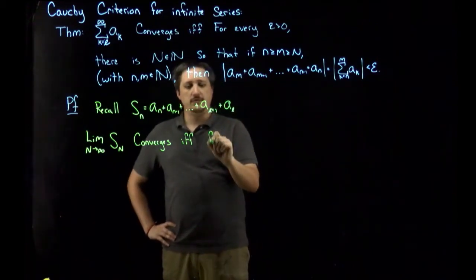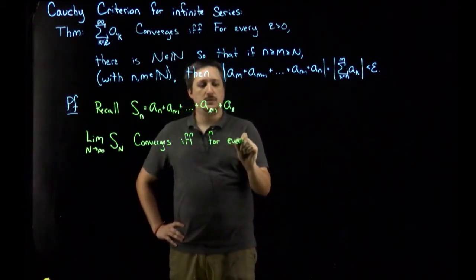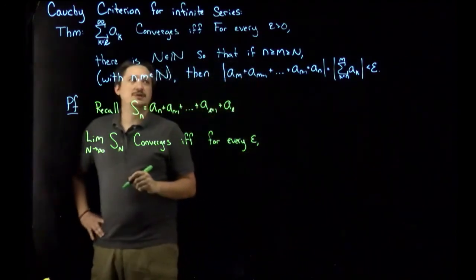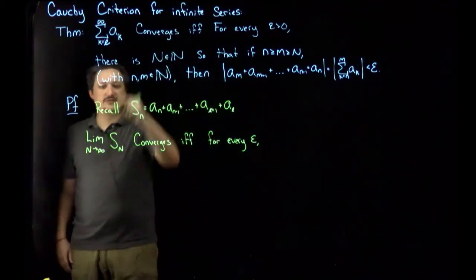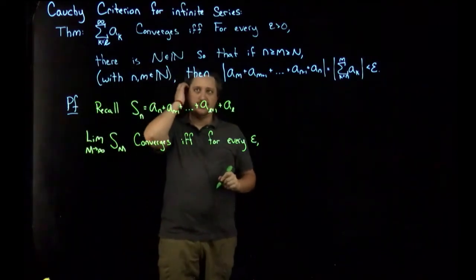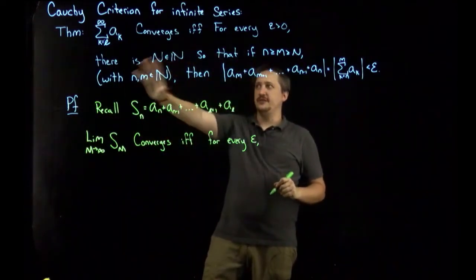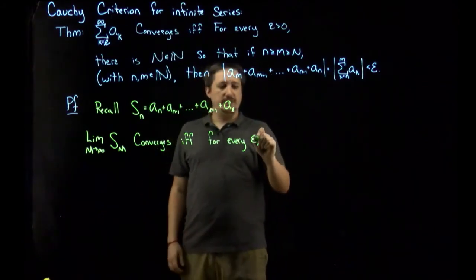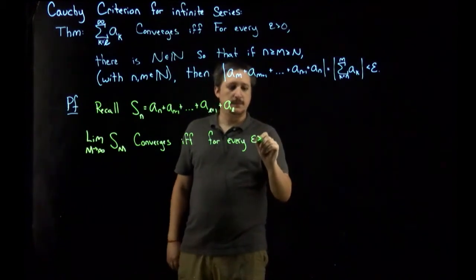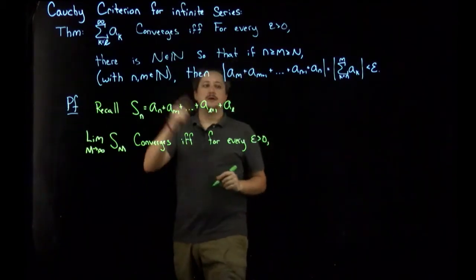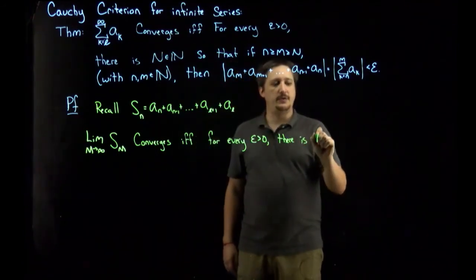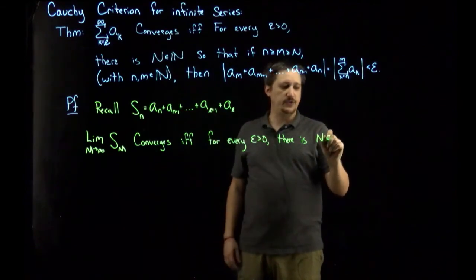Well, for every epsilon, maybe I should do, just because I'm going to use n here to be consistent with this, I'm actually going to make this an m, just to keep it out of the way, because I want to be as consistent letter-wise with this statement as I can. So for every epsilon greater than 0, there is capital N in the natural numbers,